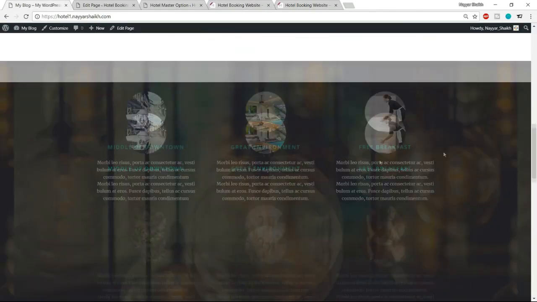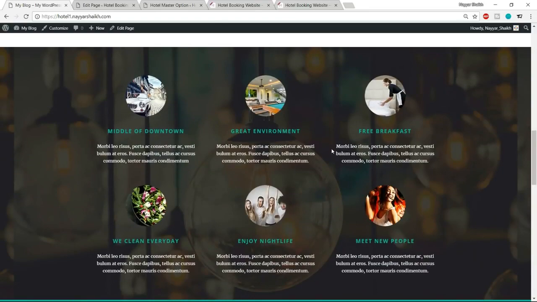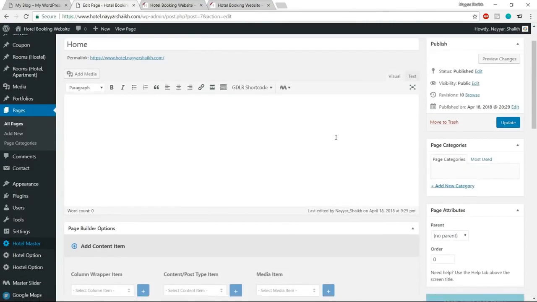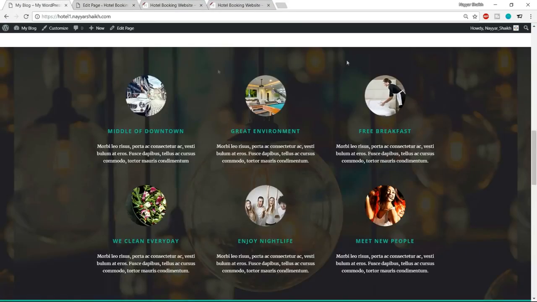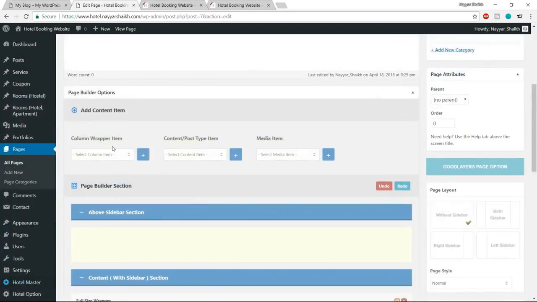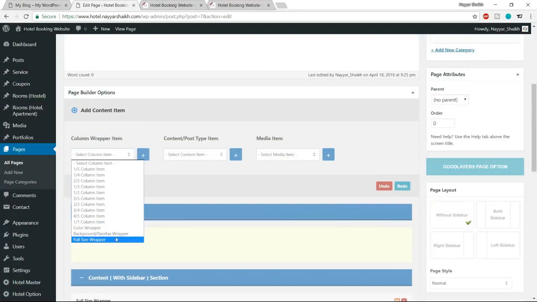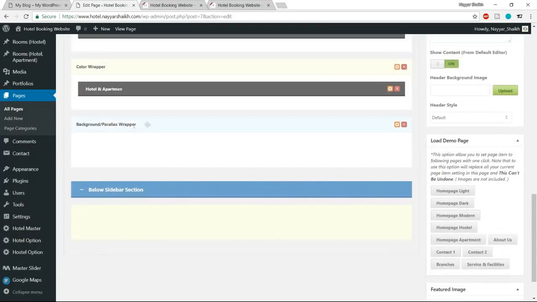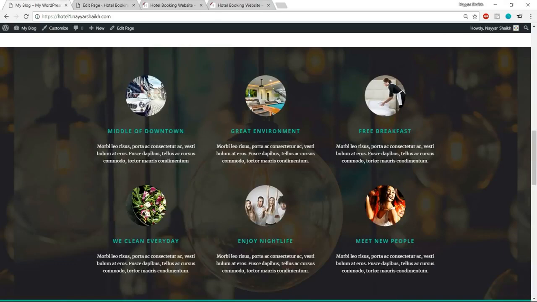Now let's move forward. Let's create this section, a very easy section again. Okay, so again let's come over here. Let's get rid of this. Come back to this page. Let's scroll down. First, if you see in the background, we have an image. So this time we'll have to select a different wrapper. So this time let's select this one, background parallax wrapper. Select this, click on plus button. Here we have this thing, and inside this we have to